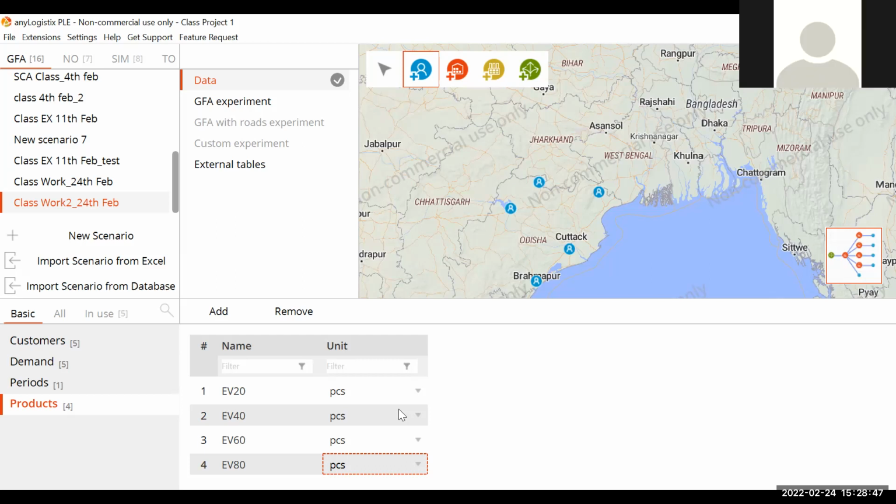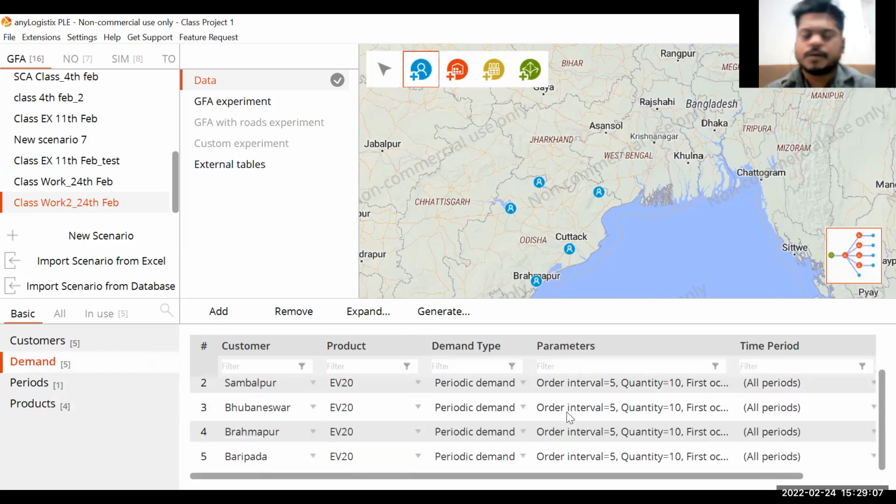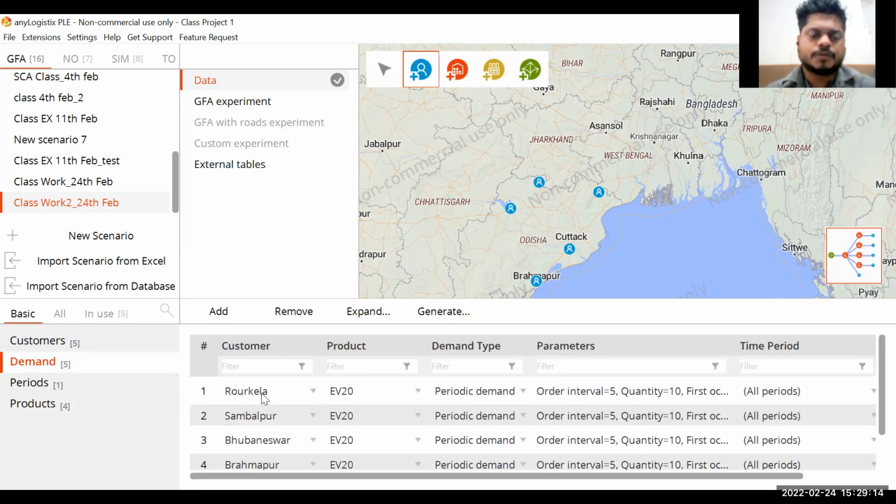So 20 options. Correct. Because potentially all those locations can sell those 4 products unless I put a constraint. No, from this location only demand for this product will come, right? Potentially I should have 5 into 4, 20 demand points, right? So actually in that case, what I should do, I should add,